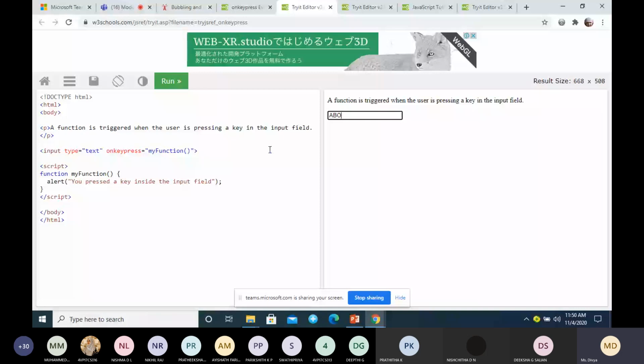When you click on this input, it will call this function. What is the function? x.style.background. What is that x? x is nothing but this, this text box.